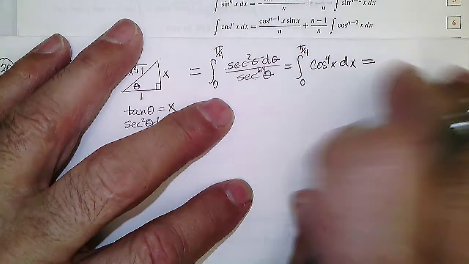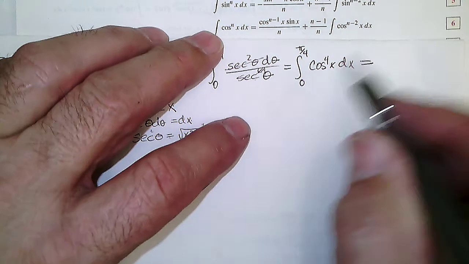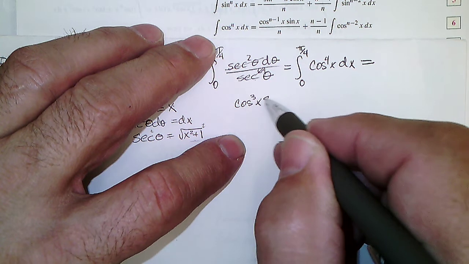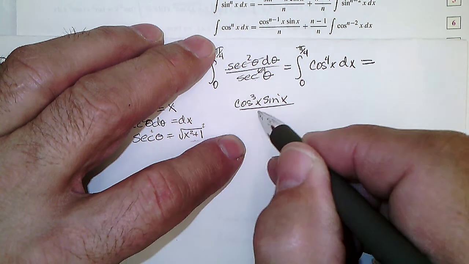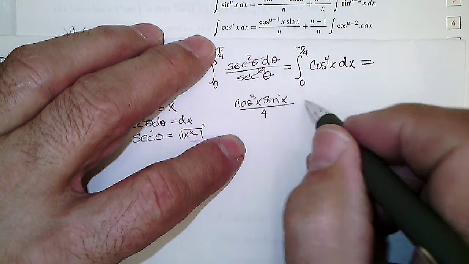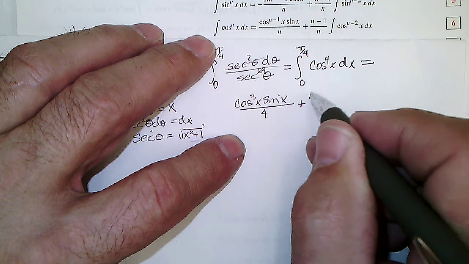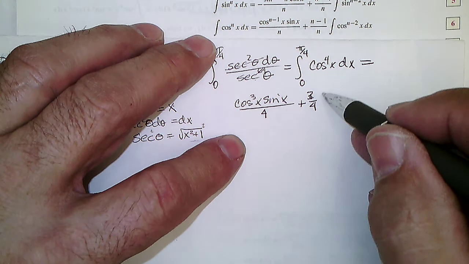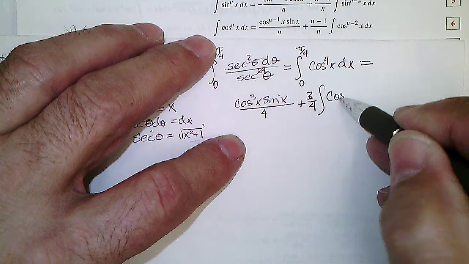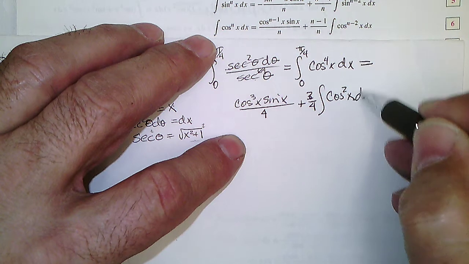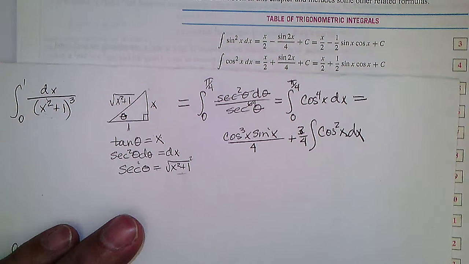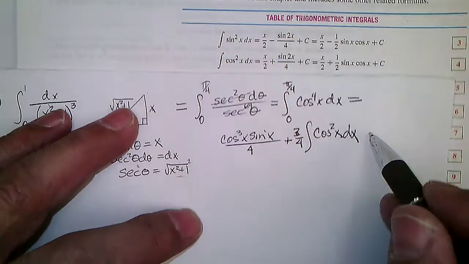There's the cosine reduction formula for, so n would be 4, and this would change into cosine to the 3rd x sine x over 4 plus 3 over 4 integral of cosine squared x. And cosine squared is equal to that one. So this would become